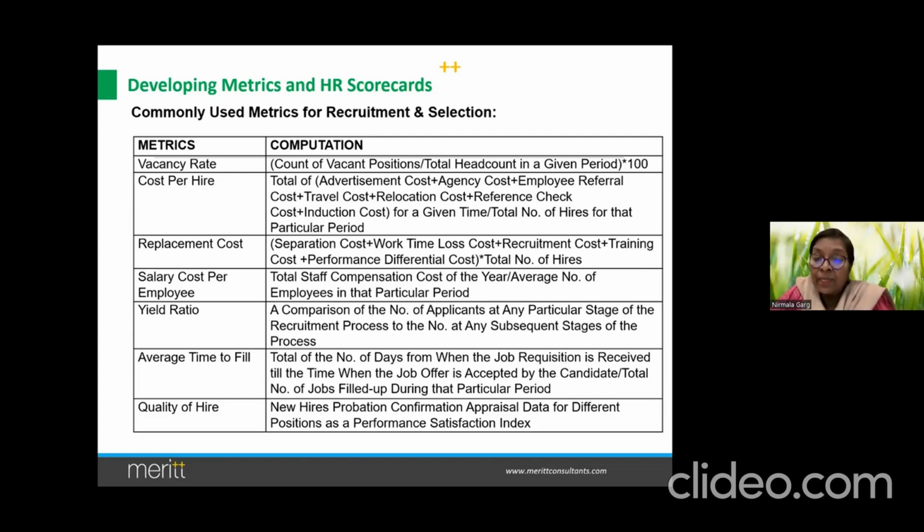But let me also tell you, typically you will also compare with your peer industry, generally to know, hey, my cost per hire is this much. But when I'm talking about comparison, you need to compare apples to apples, not apples to oranges. You might be a chip company, another might be an IT company, just a service provider, so the kind of skill sets they are getting from the market may come at a lesser cost. So if you want to compare, you have to compare similar industries and see, why should you compare? To know at least whether I am really hiring at a very high cost.